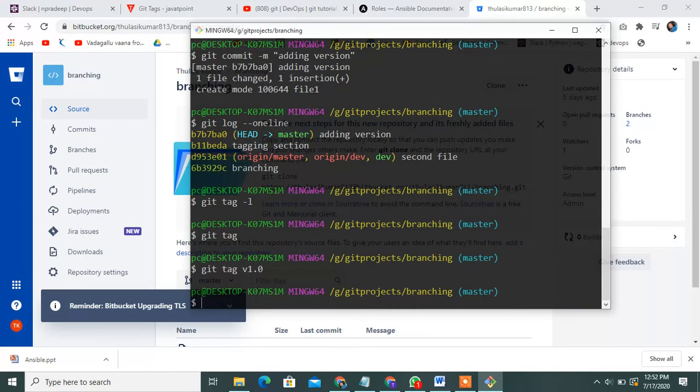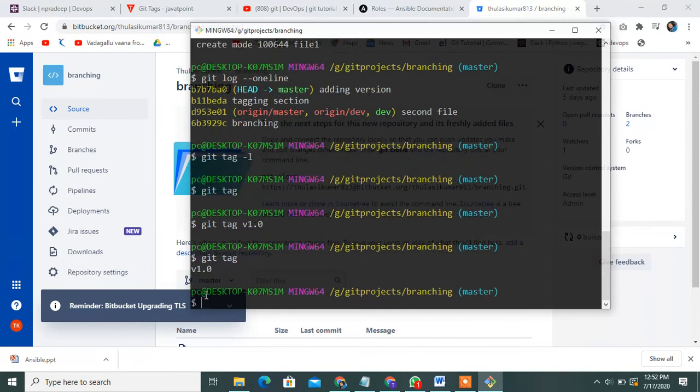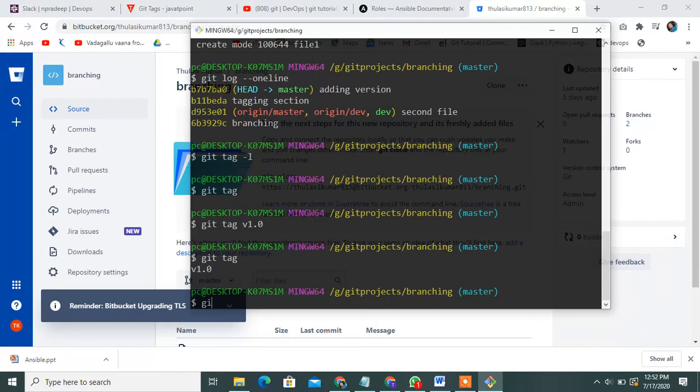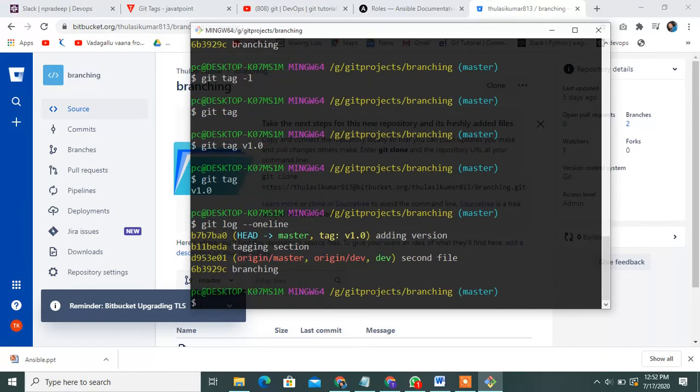Then check with git tag. See, one tag is added. Now check the commits with git log --oneline. These are all 4 commits.